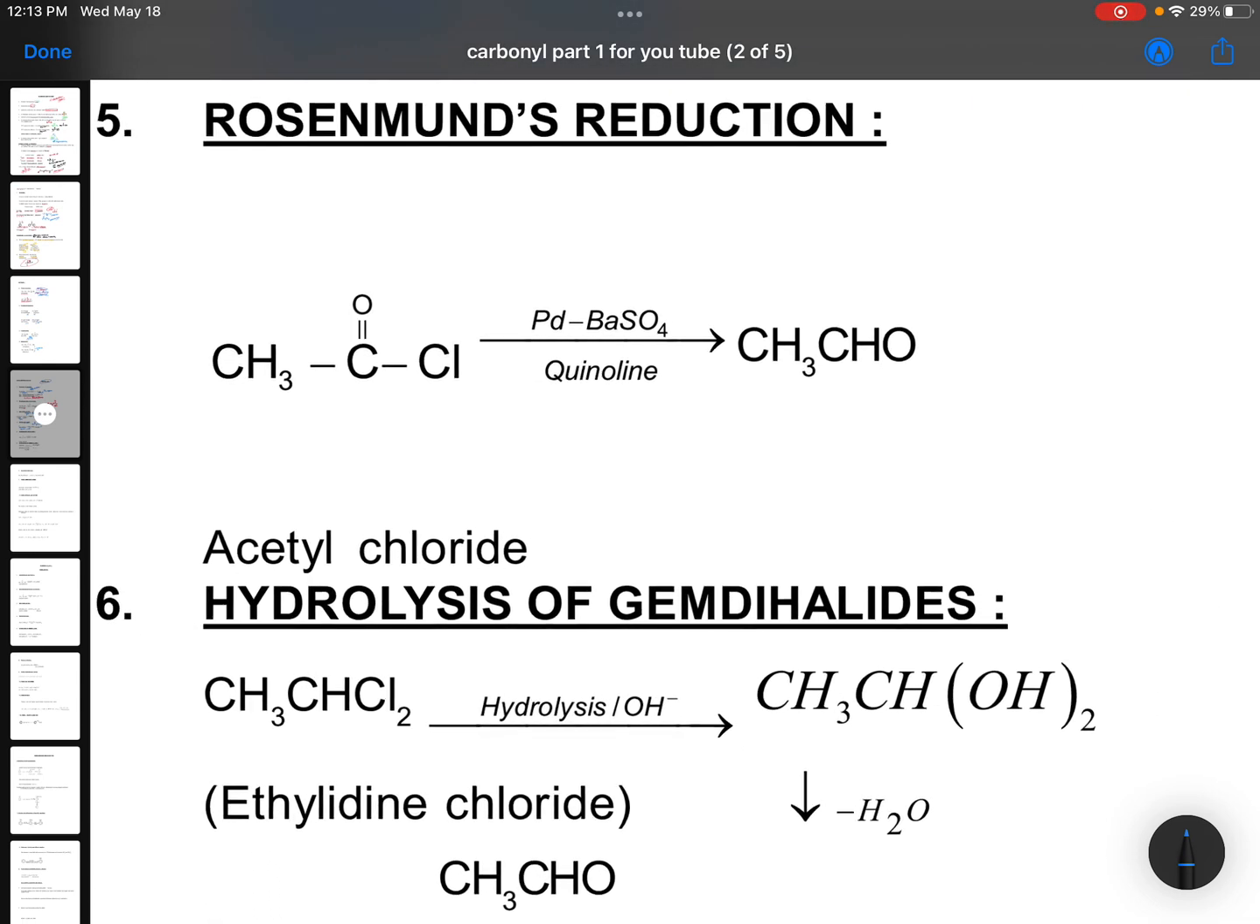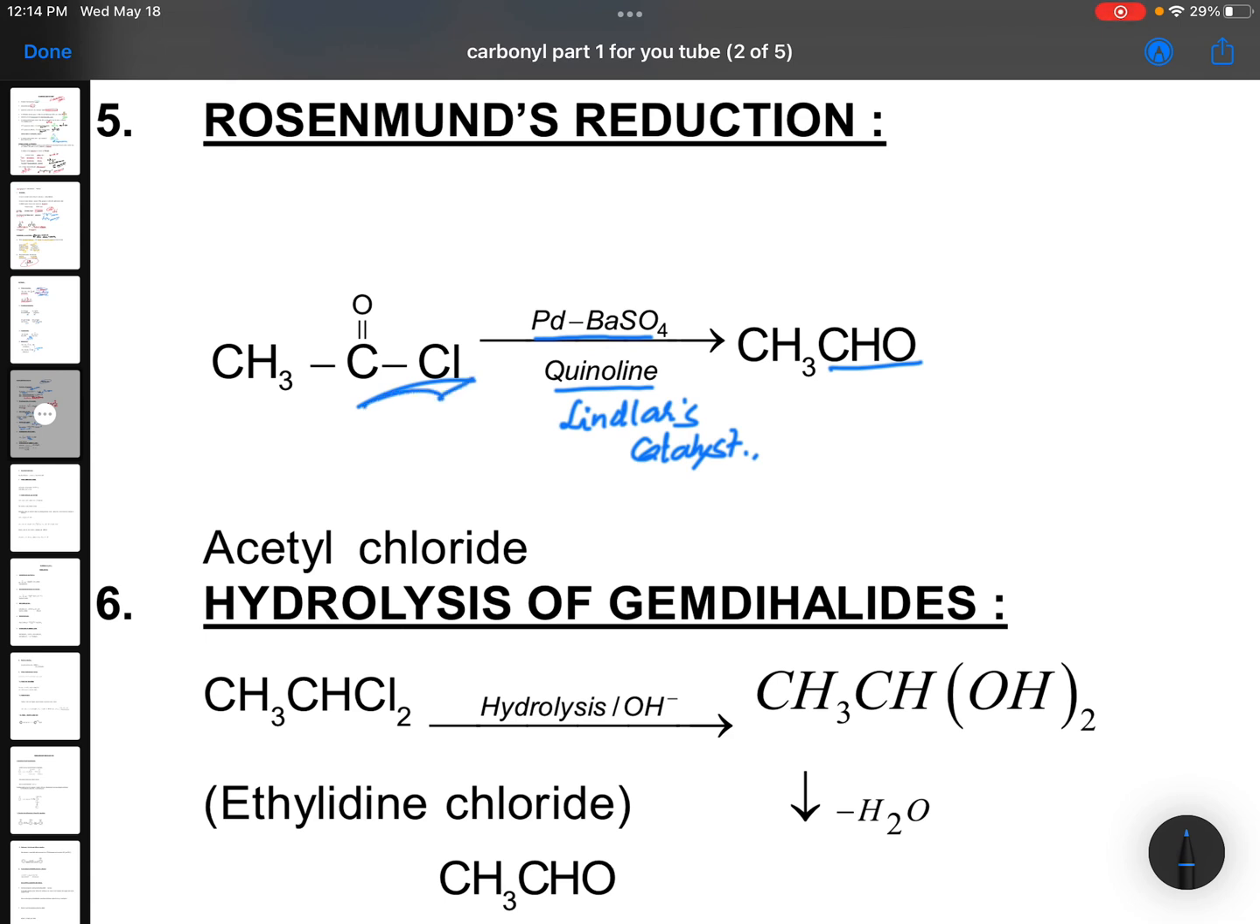Rosenmund reduction is the conversion of an acid halide to an aldehyde using palladium on barium sulfate in quinoline. This reagent is called Lindlar's catalyst. We know where we use Lindlar's catalyst from class 11: alkynes can be reduced to alkenes. If you want to stop the reaction at alkenes, then we have to use Lindlar's catalyst, and here the same